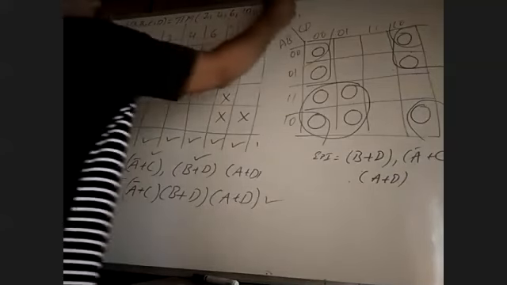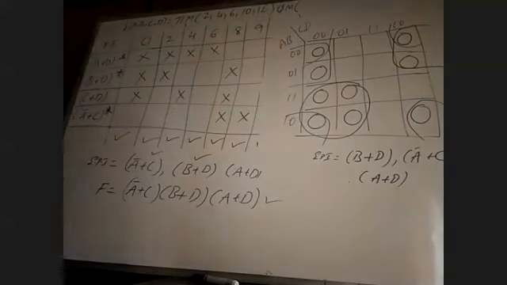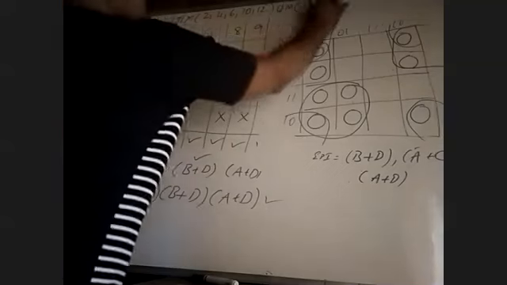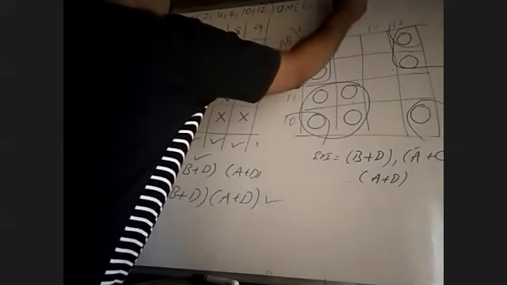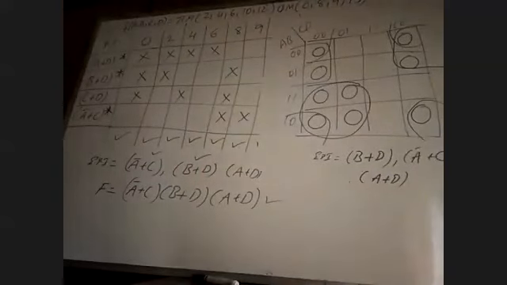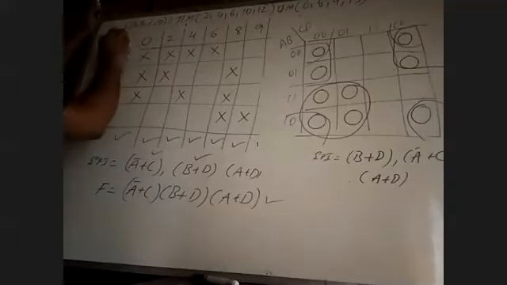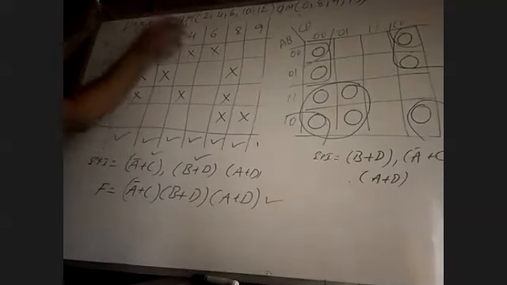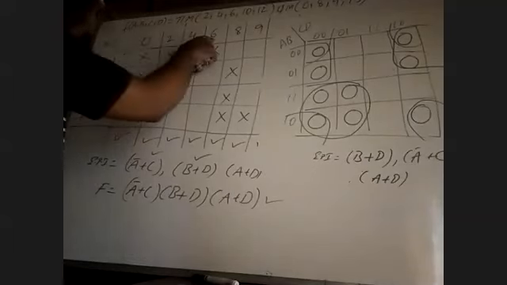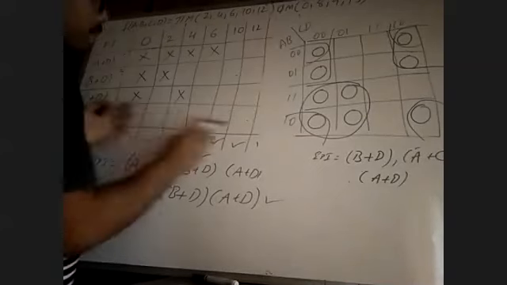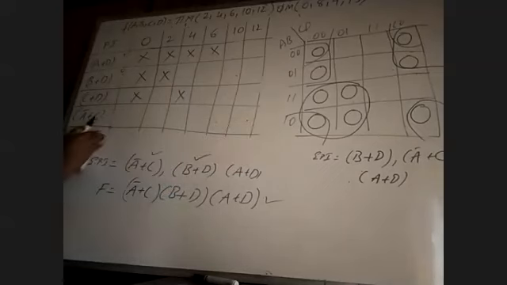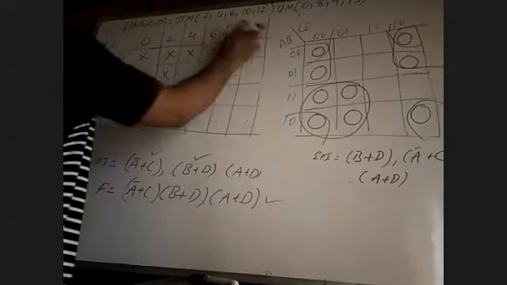And the don't cares are phi of m is given as 0, 8, 9, 13. Therefore, I am erasing this one. We will verify for the don't cares also. 0, 2, 4, 6, 10, 12. We have to write the 10 and 12. We have eliminated the don't cares. 0, 2, 4, 6, 10, 12.